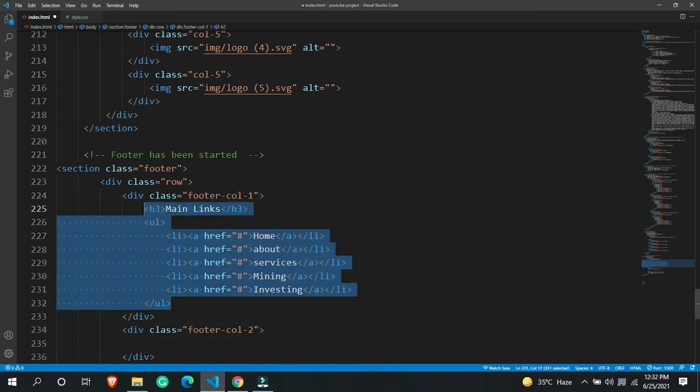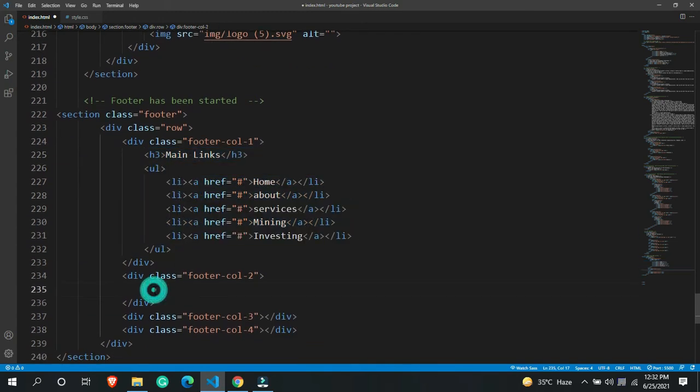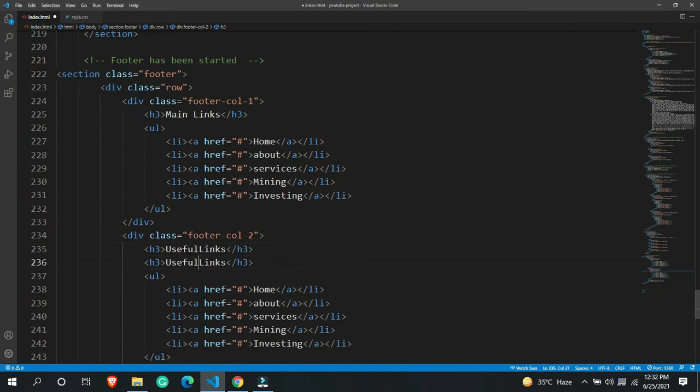Then after that I'm going to add another ul, and I'm going to say the same thing. Inside this main links I'm going to say useful links. Sorry, I already typed the link.